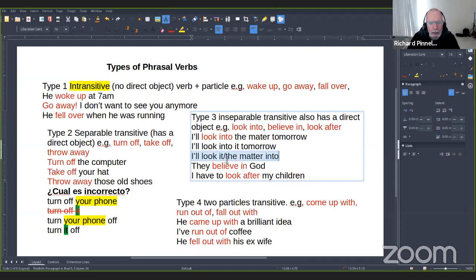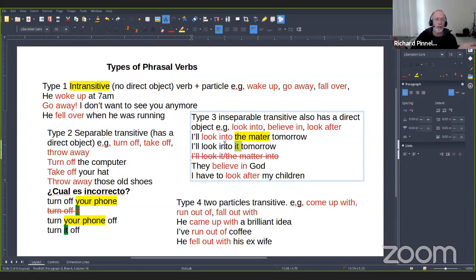Those two are wrong. We can never, ever, ever separate an inseparable phrasal verb. It doesn't matter if we have the object as a noun, as it is here, or we have the object as an it, as a pronoun. We never can separate it. So that is the difference between those two.